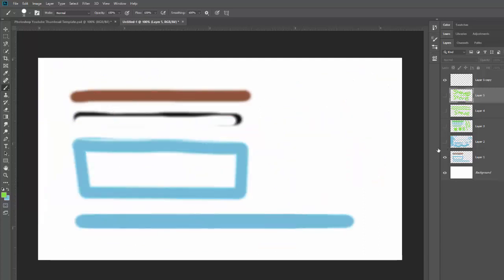And then at the very beginning, we talked about how just to go back and forth between your lights and darks, how to reset this by hitting D, how to flip them by hitting X so you can work back and forth between colors, and then how to hold down the Shift key so that you can draw straight lines and lines that connect to the end of the last brush stroke that you did. So that's